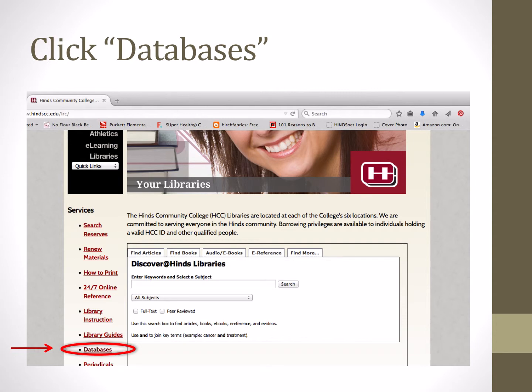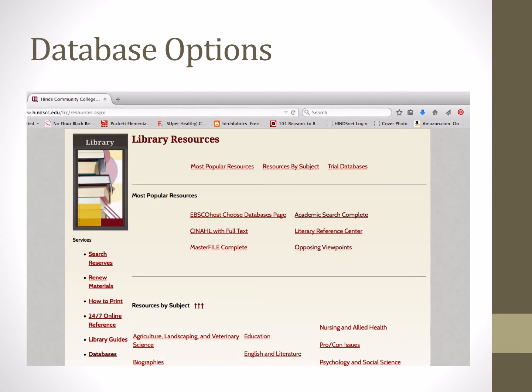This is the page you'll see once you click Libraries. You'll need to go again down the left side to click Databases. Once you click Databases, you will have a few options. You have library resources by popularity and subject. You have the most popular resources, which will have the databases we need, and then below that you have resources